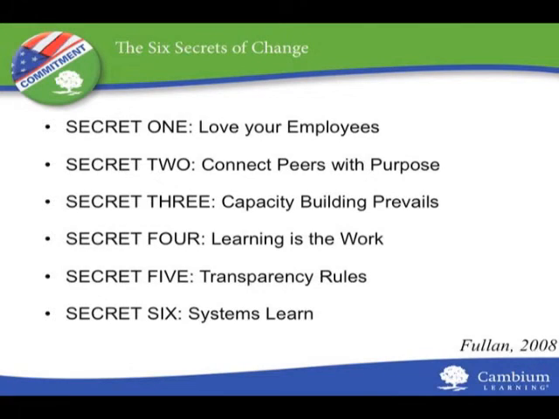We'll talk about that. Secret number 2, connect peers with purpose. That's when people actually begin to really move forward together, when they can feel purposeful. Secret number 3, capacity building prevails. That is, we're always trying to build people's capacity. People love that when their capacity is built. Isn't that true? When you feel like you're growing. Secret number 4, learning is the work. And that really does make sense in and of itself, obviously. Secret number 5 I love, transparency rules. In other words, take all the camouflage off, and let's just deal with all these pieces of data we have in all respects and go for it together. And then lastly, secret number 6 says systems learn. And the creepy thing is that systems learn whether you're doing an